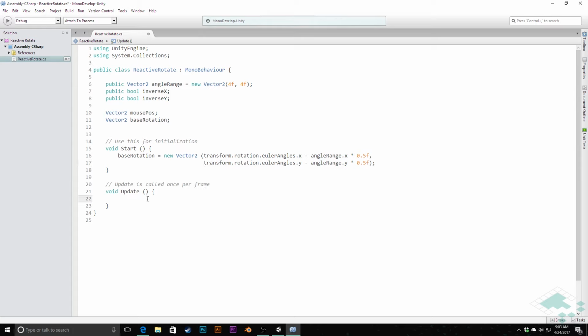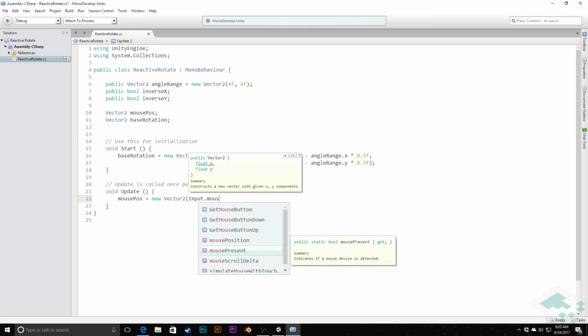Now we can go to the update method, and what we're doing here is we're going to quickly check what the mouse's current position is, and then adjust our rotation based on the base rotation plus our angle range. So first thing we need to do is get that mouse position. So we'll say mouse position equals a new vector 2, which is input dot mouse position